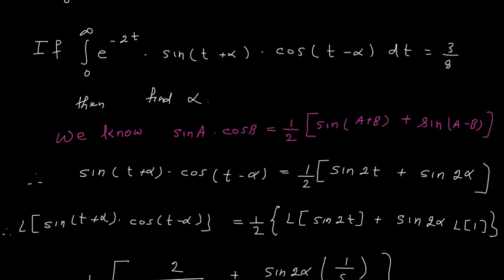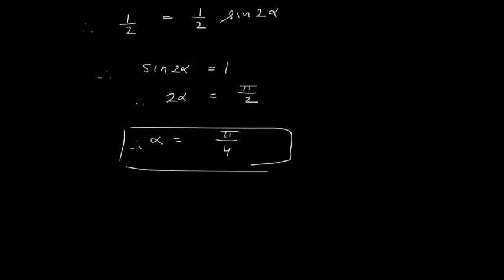So now we know how to calculate the Laplace of some standard functions and how to evaluate integrals using the Laplace of those standard functions. Now let us move to solve some problems in which the standard functions are given in combination form, meaning there are two standard functions in multiplied form or some other way. We will see some properties of Laplace, and using those properties we will try to solve a few more problems.